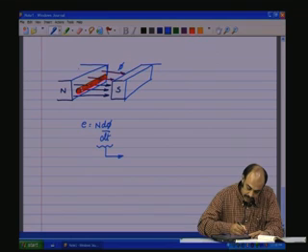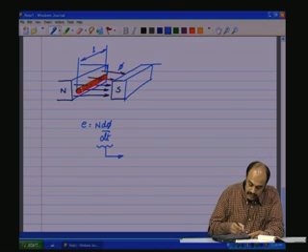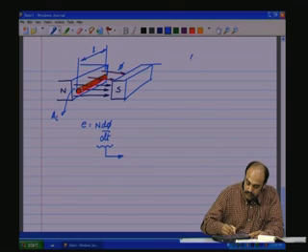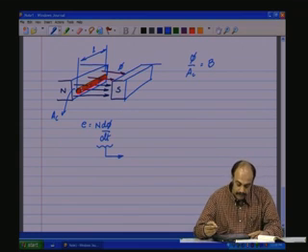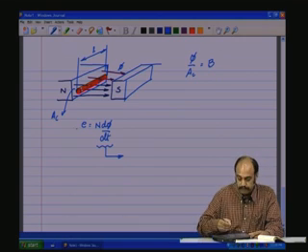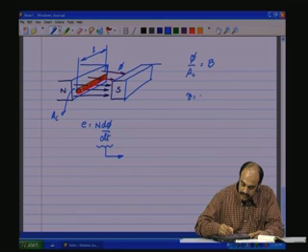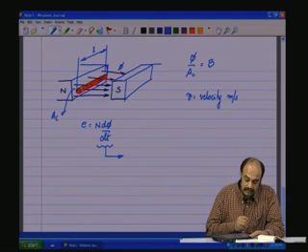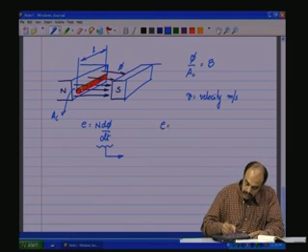Now, if this conductor has a length L, and then there is a cross section area AC, and therefore flux by AC is going to be the magnetic flux density B, and then if the conductor is moving at some speed, let us say V is the velocity in meters per second at which the conductor is moving, cutting across the flux, then the voltage induced is also